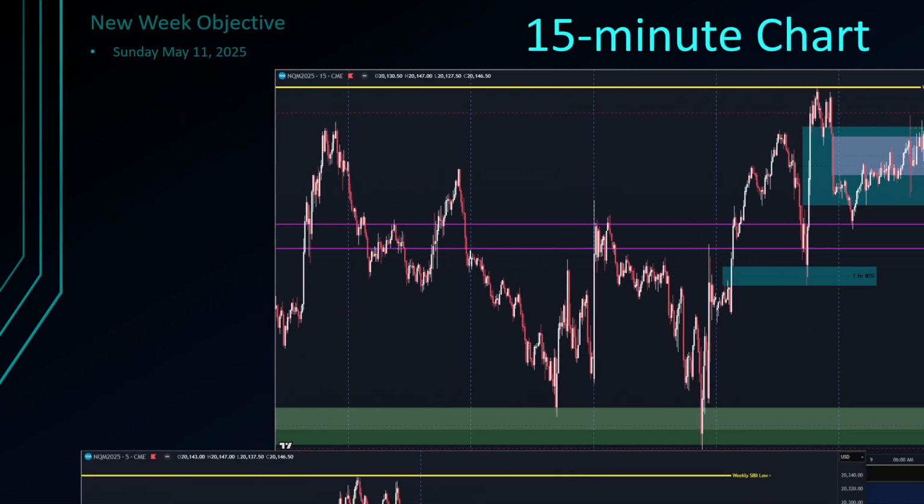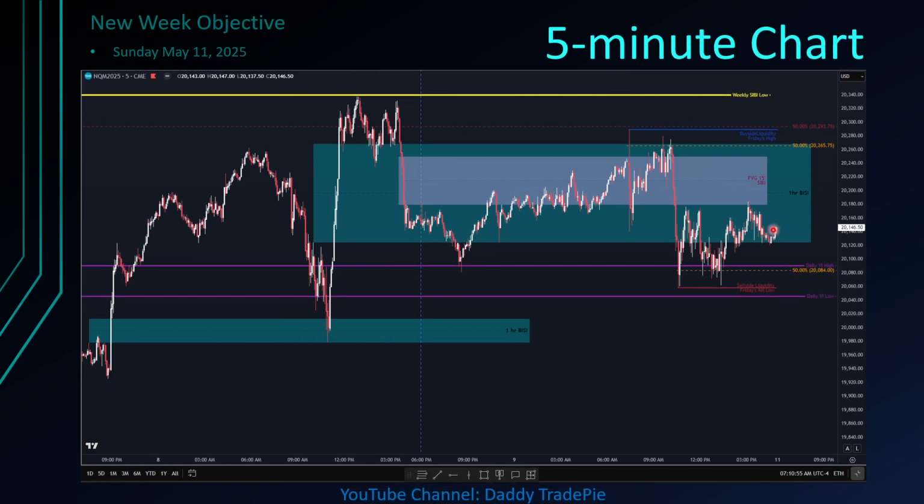Now we jump into the 5-minute chart and you can see even in the 5-minute chart the bodies of the candles are all respecting the hourly inefficiency as well as the wick midpoint on the 15-minute chart. And you can see I also highlighted these relative equal highs and these equal lows on the 5-minute chart as our liquidity pools.